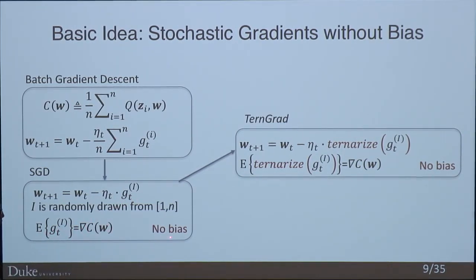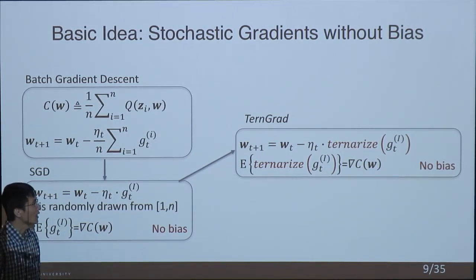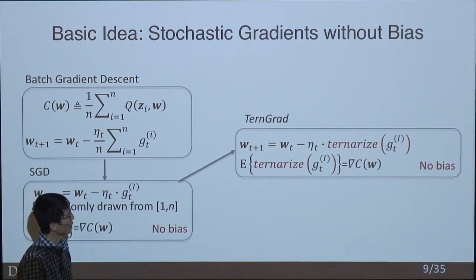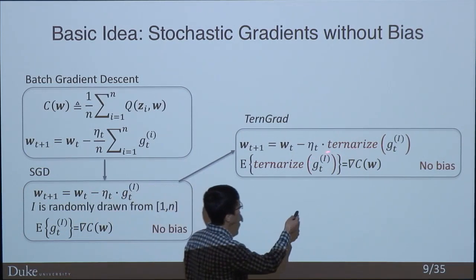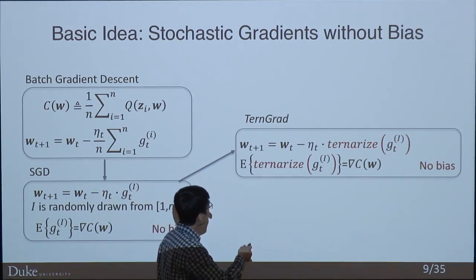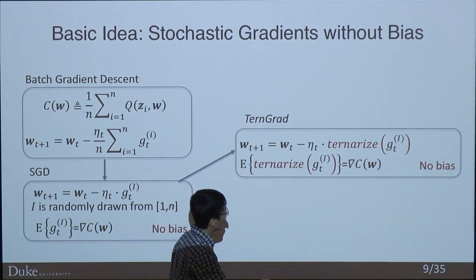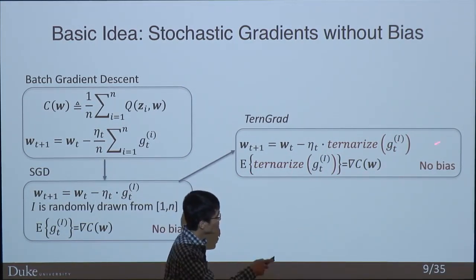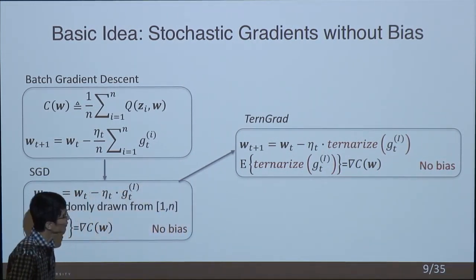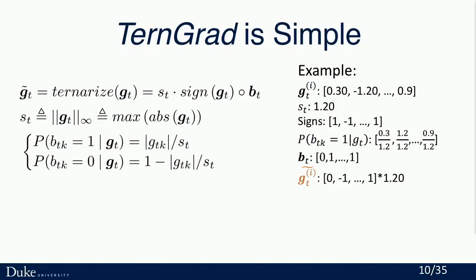So it's unbiased. If so, why don't we do quantization in a way such that after the quantization, we still keep the expectation? So here, the motivation is we do ternarization on the floating gradient, and we want to keep the expectation the same as the original gradient, so it's still an unbiased gradient. That's the motivation. So how can we do it?